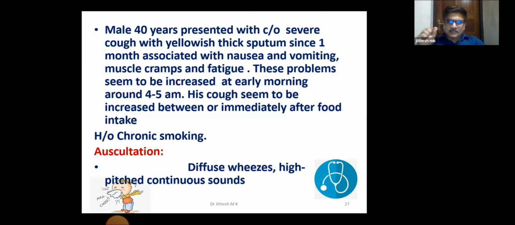You can just ask the patient, he will definitely answer that at the time of awakening, at 4 to 5 a.m. or 6 a.m. They may not say the time exactly, but they will explain that when I am getting up from the bed, the problems get increased. Within half an hour, the problem gets resolved. And when the sunlight comes, automatically the problems will be all right, and he will not feel any of the